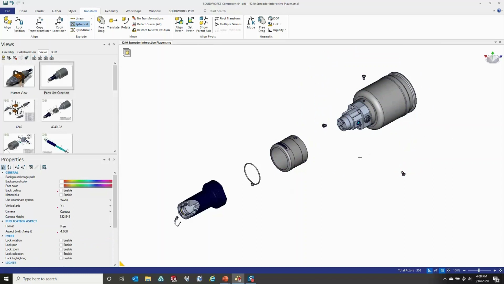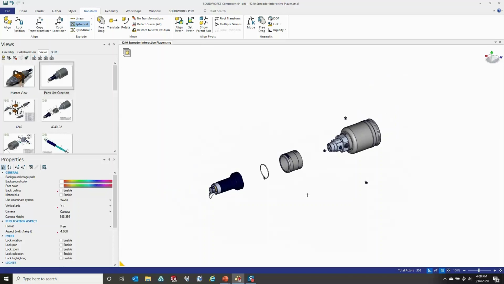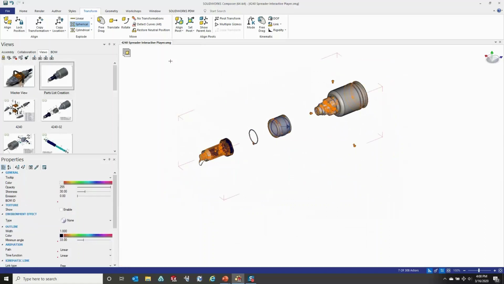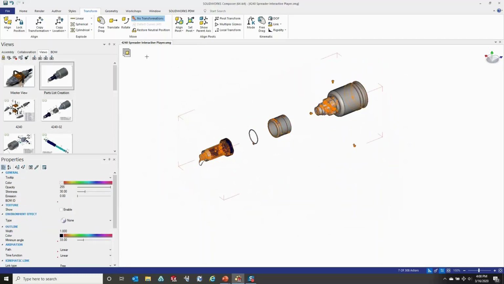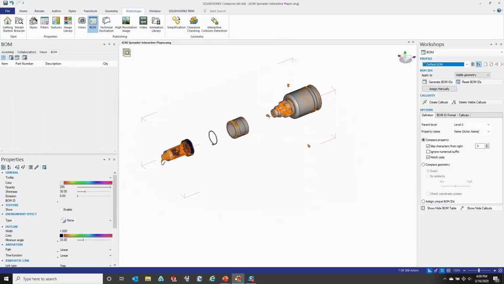Now, every component in here needs an item for the bill of materials. So it needs an item number, and it needs a callout, and then it needs a bill of materials. So we'll go ahead and highlight everything that's on the screen right now. In fact, I'm going to just clear that because I had something still selected. All right, and then if we go into workshops and the bill of material workshop, right here we can generate